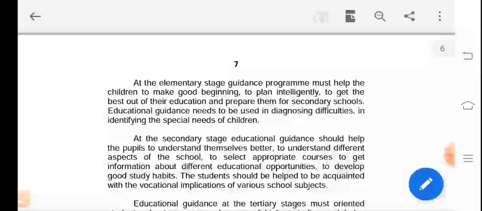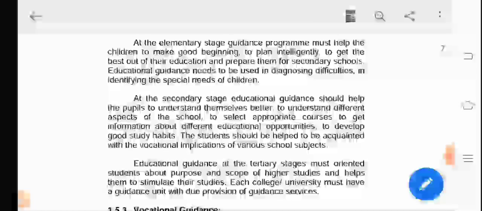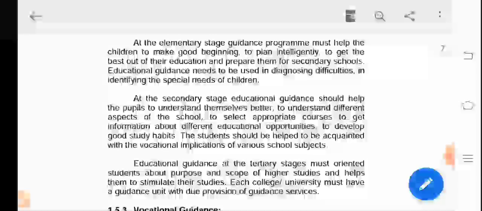Besides, it helps in diagnosing difficulties and identifying the special needs of the children. From the very beginning, educational guidance helps to understand and diagnose various difficulties in educational institutions and to rectify those difficulties that are being faced by the students. At the secondary stage, the educational guidance should help the people to understand himself or herself,